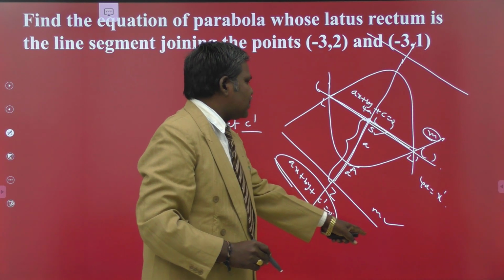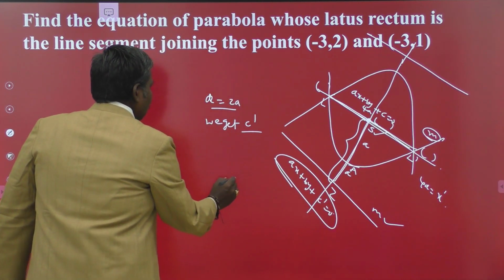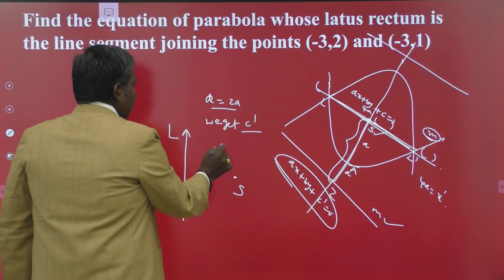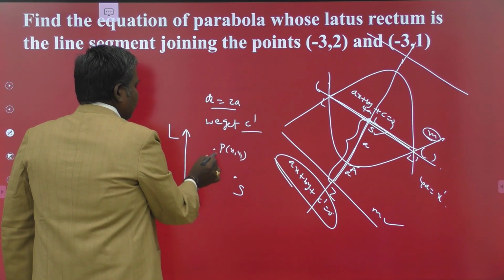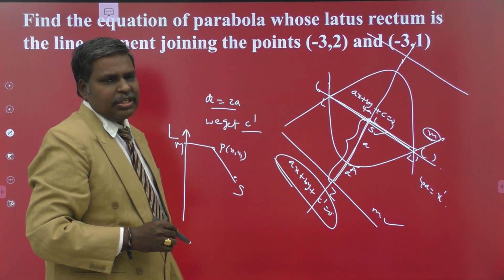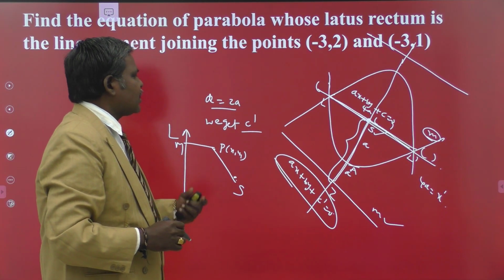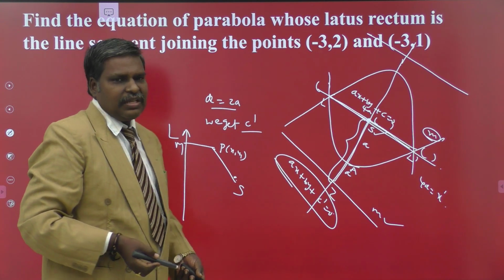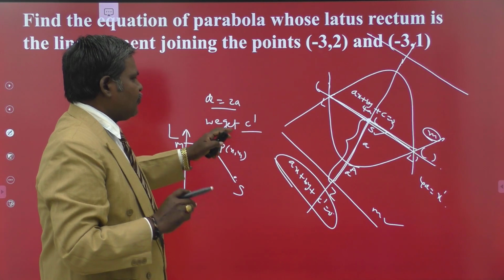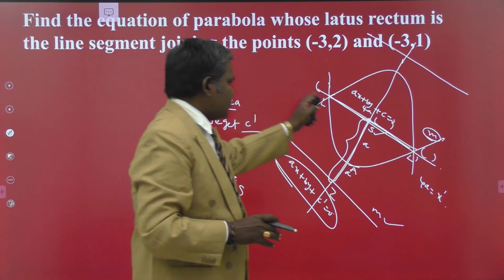After getting the directrix equation, your job is over. So you have the focus S and you have the equation of directrix L. Let P(x1, y1) be any point on the parabola. Apply SP by PM is equal to 1, where PM is the perpendicular distance from P to the directrix itself, and we obtain the equation of the parabola. So this is the way to find the general equation of a parabola